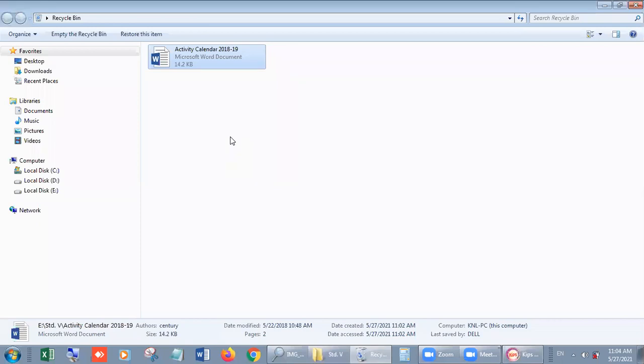From where we will get the data again? In this way, to save us, the computer makes a setting that it always stores deleted files into its recycle bin folder.